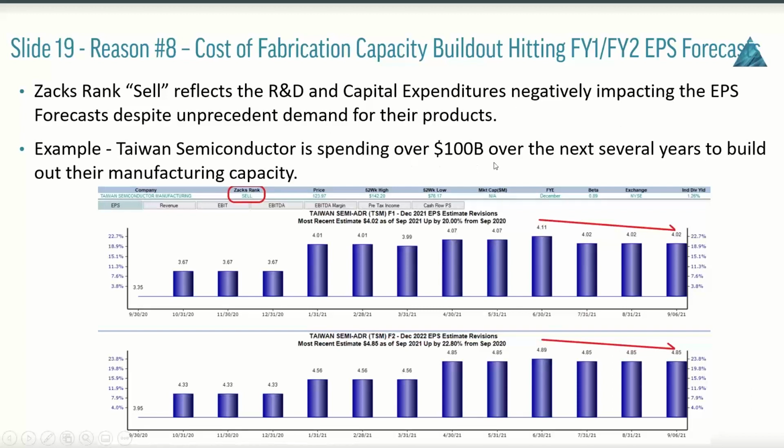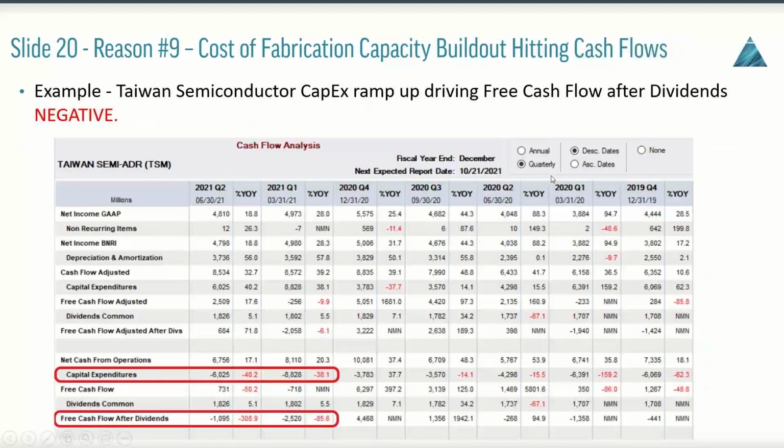It's large. We've got Taiwan Semiconductor committing to spend over $100 billion over the next 3 years to build out their fabrication capacity. So you're seeing that now show up in the estimates, and that's one of the reasons why the stock has kind of stalled out. Okay. Slide number 20 was reason 9 of 10. Cost of fabrication capacity is obviously hitting cash flows, right? So we see the CapEx ramp up here, and we can see it actually driving free cash flows after dividends